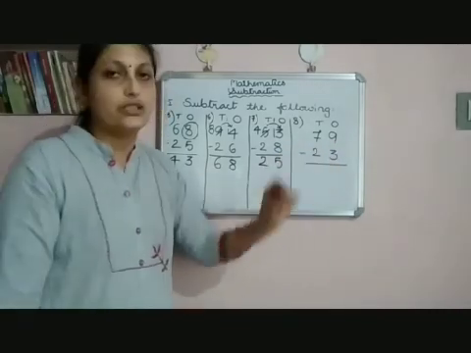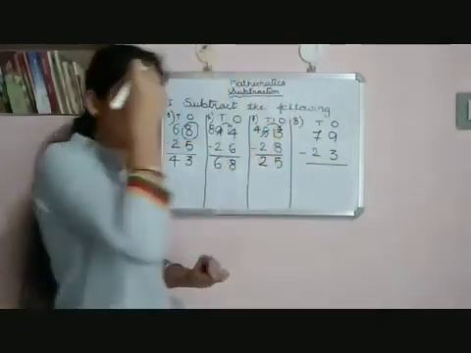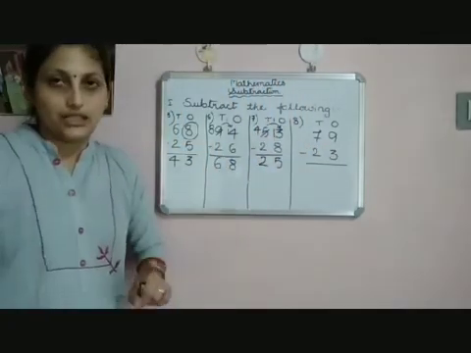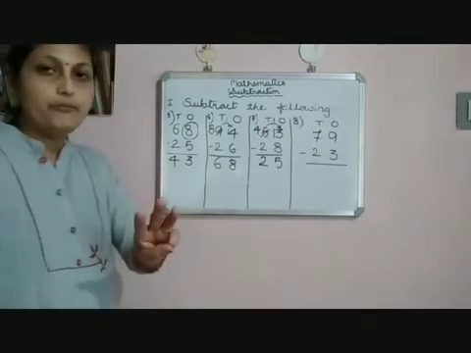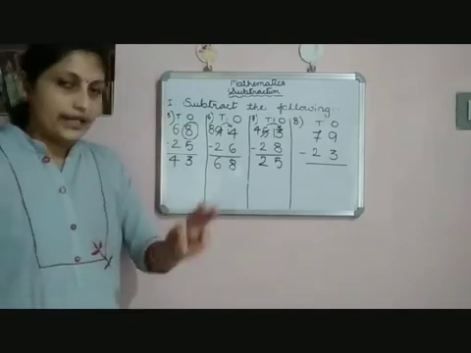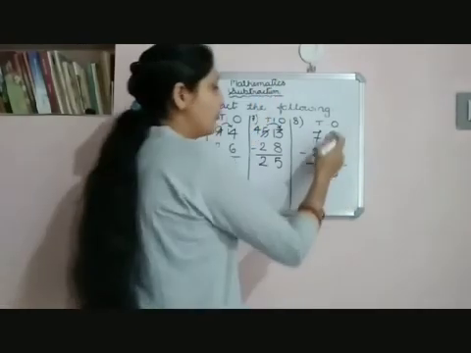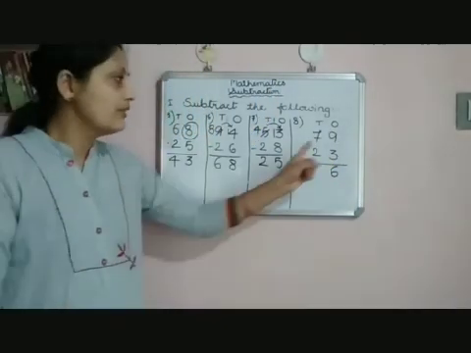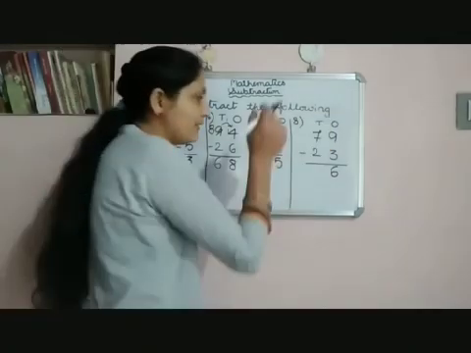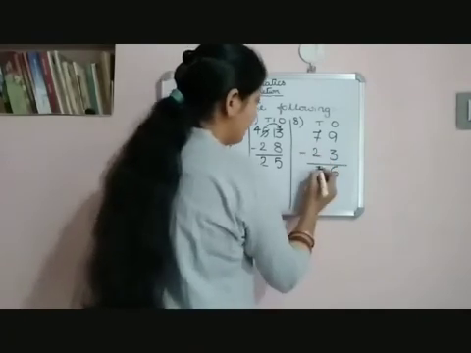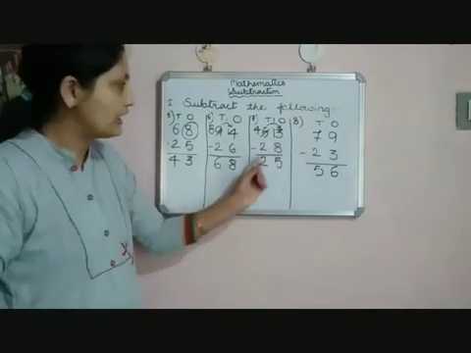8th one, 79 minus 23 is given. So in the ones column you have 9 minus 3. So here see, 9 is greater than 3. So you can easily subtract 9 minus 3. 9 before, 8, 7, 6. So 9 minus 3 is 6. So here you need not take borrow because 9 is greater than 3. So you can easily subtract. Directly you can subtract. So 7 minus 2 is 5. 56 is the answer. So I hope you have got a clear idea now.